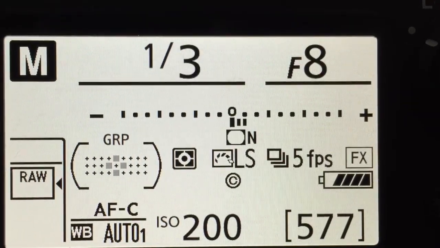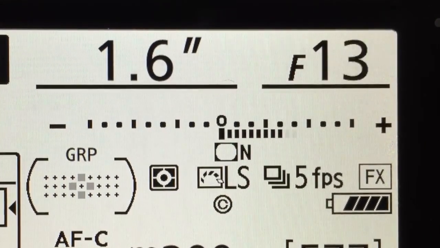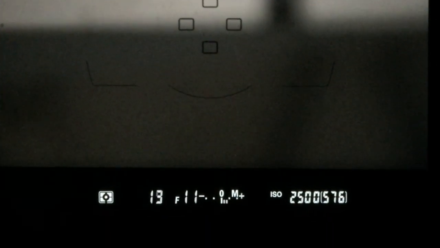It's a scale where there's a minus on one side, a plus on the other side, and a 0 in the middle. If the scale's at the plus side, it's too bright. If the scale's at the minus side, it's too dark. And the goal is to change the settings and get the scale to balance at the 0 in the middle. That's the camera's way of saying that you've got the right amount of light in the camera to make a